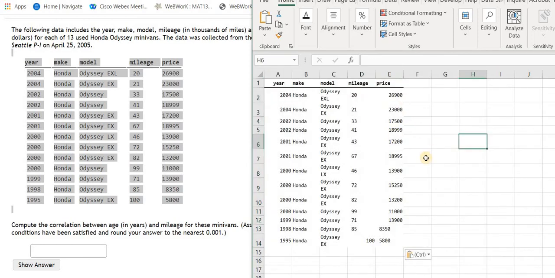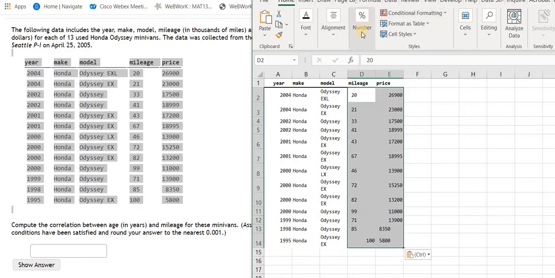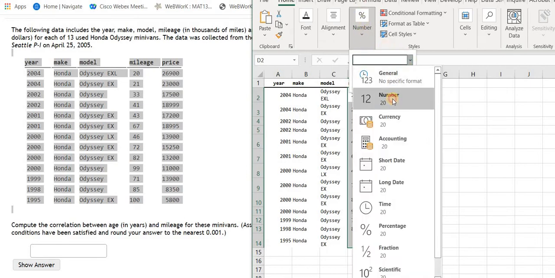So now I have the data, and I notice that the mileage and the price look a little bit funny, because I have some numbers here that don't look aligned with the rest of the numbers. This tells me that some of these numbers are not being recognized as numbers. To fix that issue, I highlight both of the columns, go to the number section,